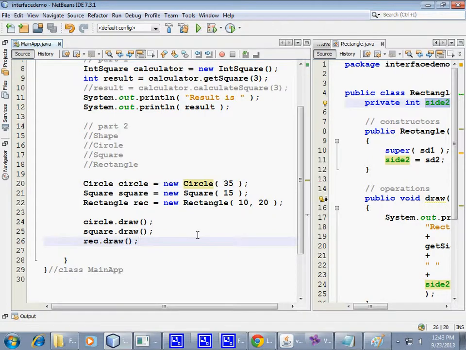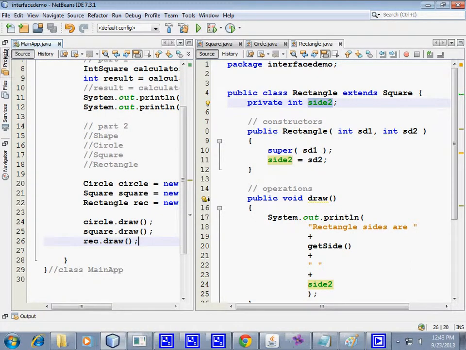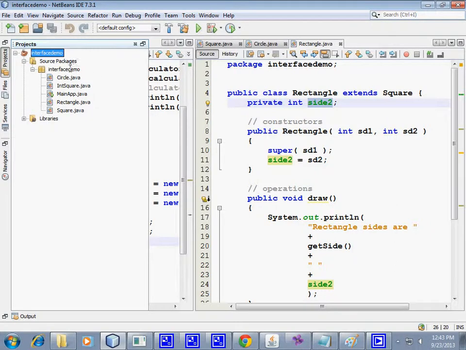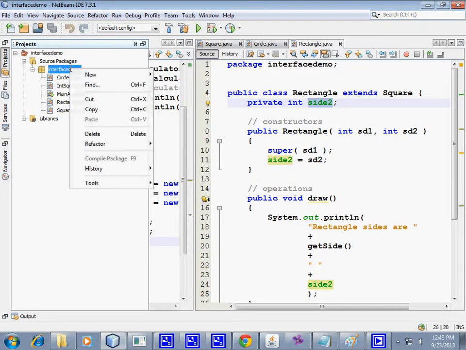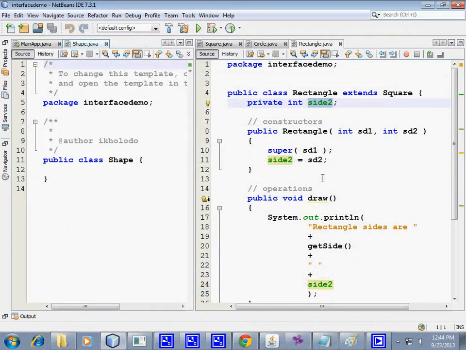So here's the possibility. Number one possibility is that we create another class. In the interface demo package, go ahead and create a new Java class, and we'll name it shape. Well, that sounds interesting, because each one of them is a shape. So I'm sort of beginning to think in that direction. All right, create a brand new class, named shape,